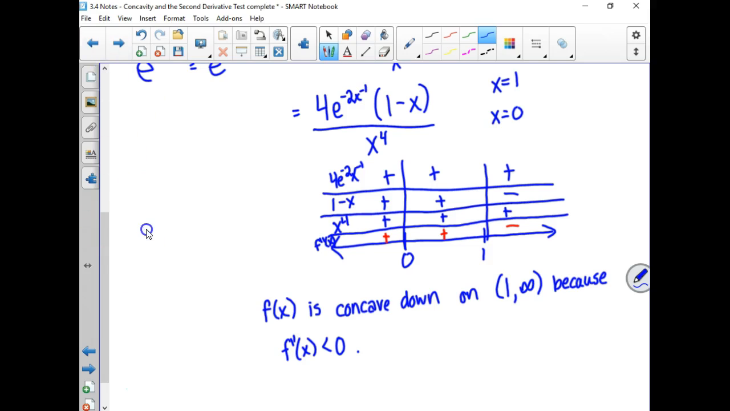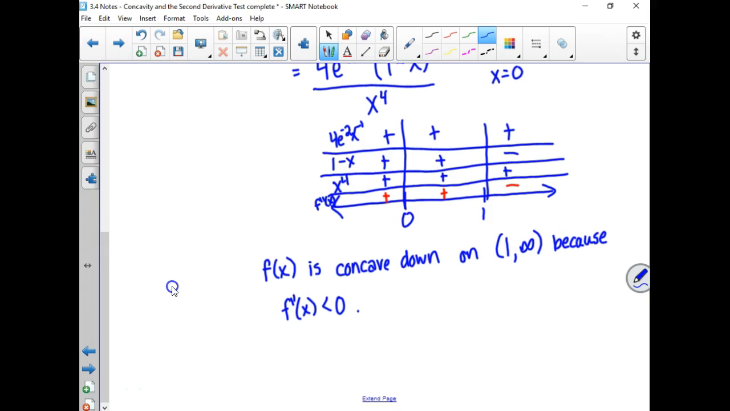Okay. So the assignment that you guys will do that goes with this is page 242, and you guys are going to do 35 through 49 odd. And these are second derivative test problems. All of these are second derivative test problems. So you will use that where you have to find the first derivative and then find whether or not the second derivative is positive